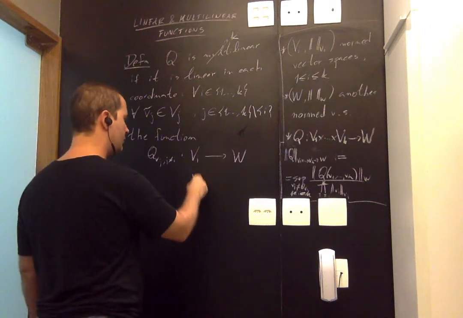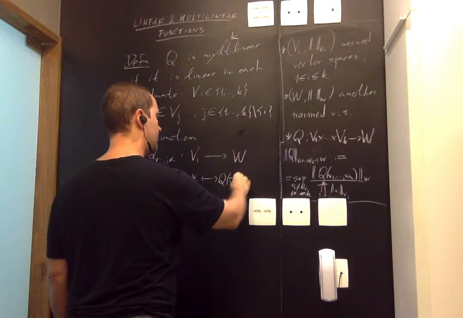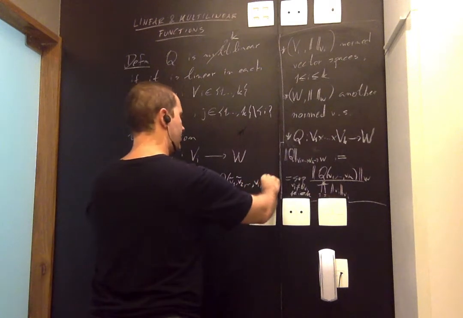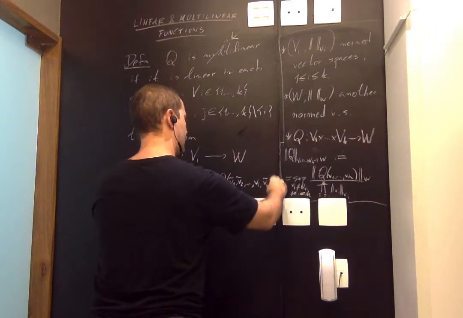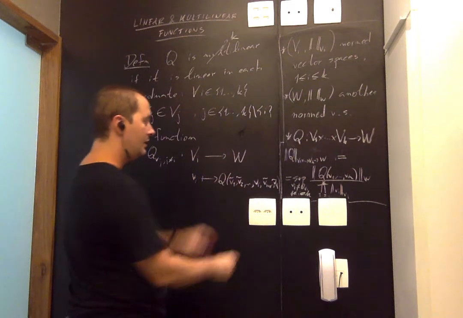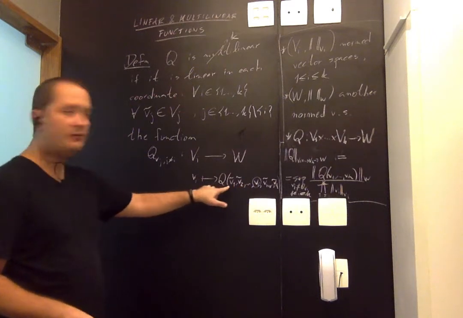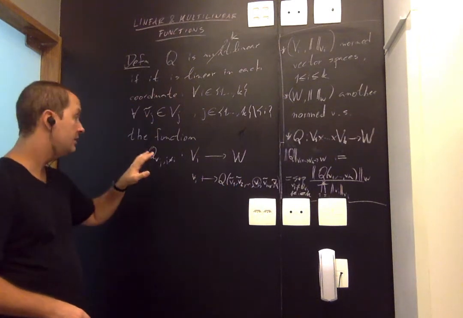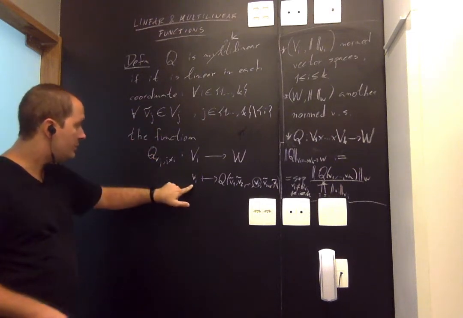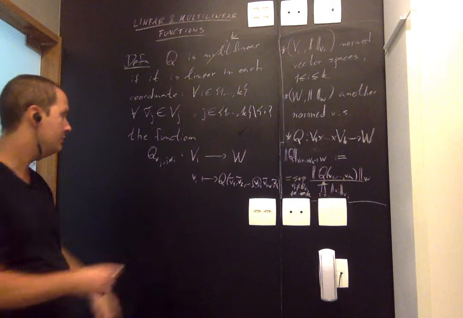So this transformation takes as input V sub i and computes Q, or I use V tilde 1, V tilde 2, except that at the ith coordinate I have this V_i, and all the other guys are fixed, right? So I'm abusing notation a little bit because maybe V_i is the first guy, right? i could be 1, I could be 2. I'm just saying, okay, at the ith coordinate you use V_i, everywhere else you use the V tilde j. Right, so since I fixed these guys, this only depends on V_i, so it's a function from V sub i to W, and